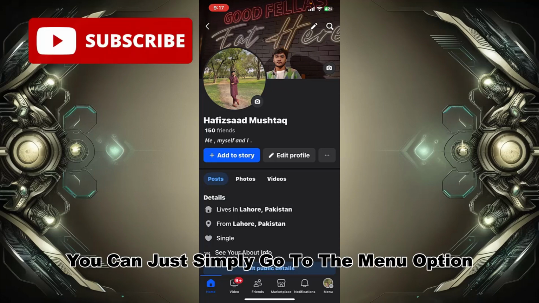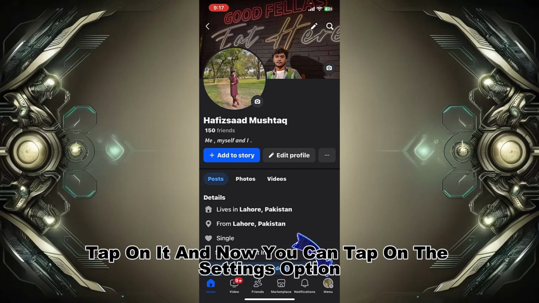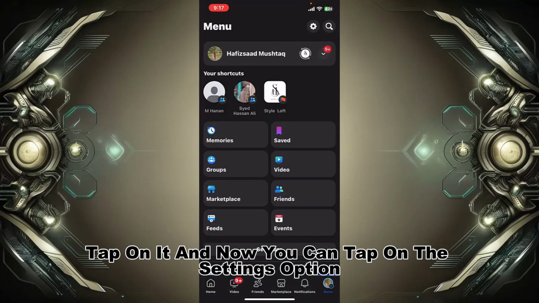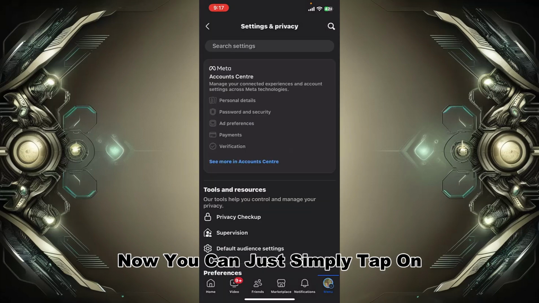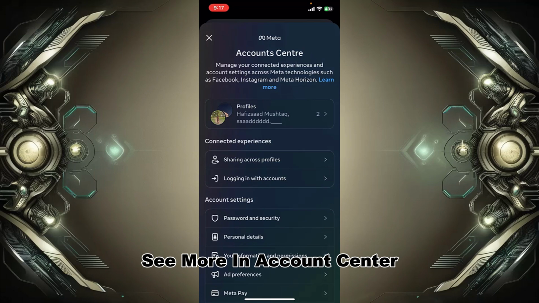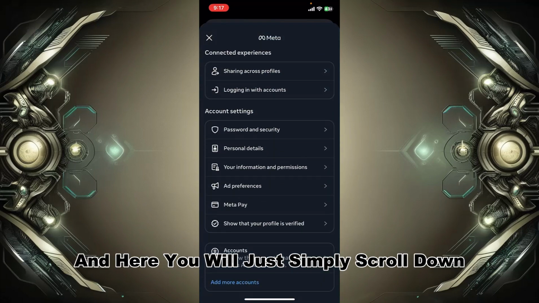After opening the app, you can simply go to the menu option at the bottom right corner of the screen. Tap on it, and now you can tap on the settings option at the top right corner of the screen. Now you can simply tap on see more in accounts center, and here you will simply scroll